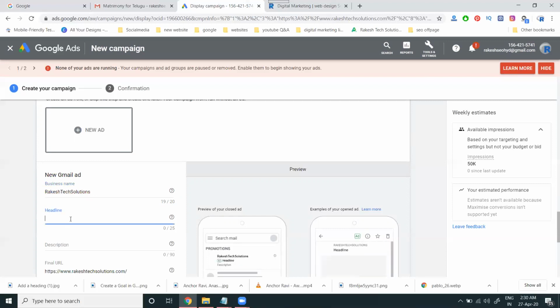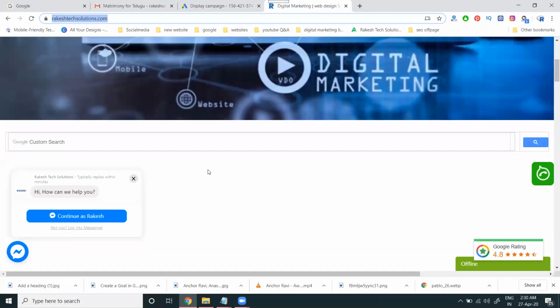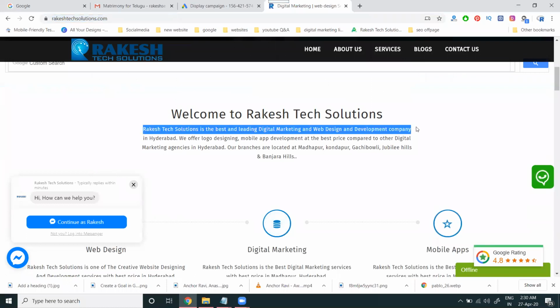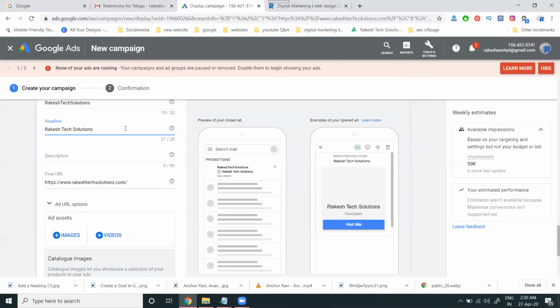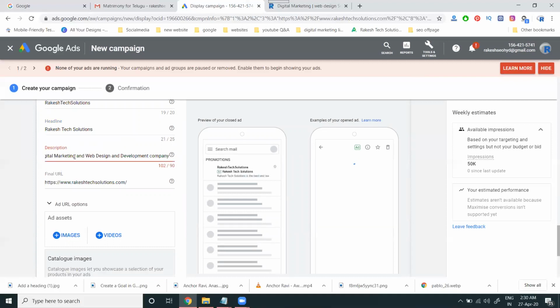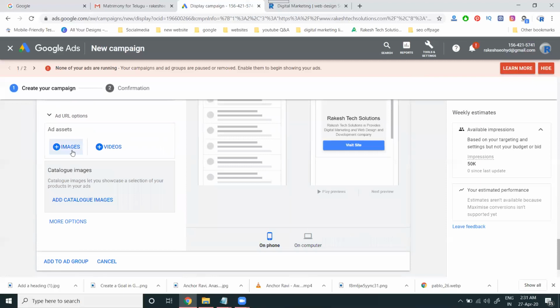Next you get. So yeah, add by image and video option.